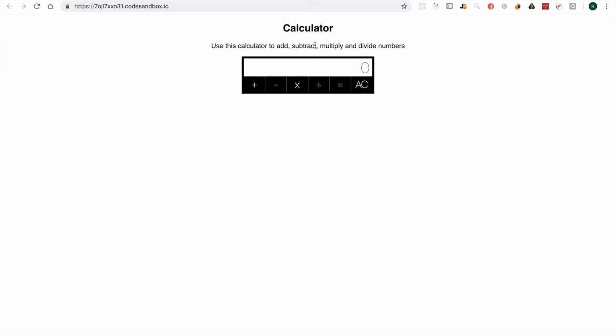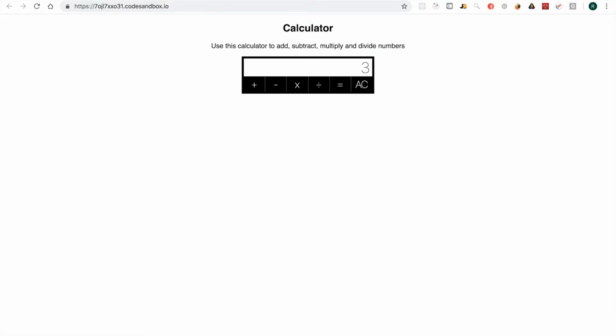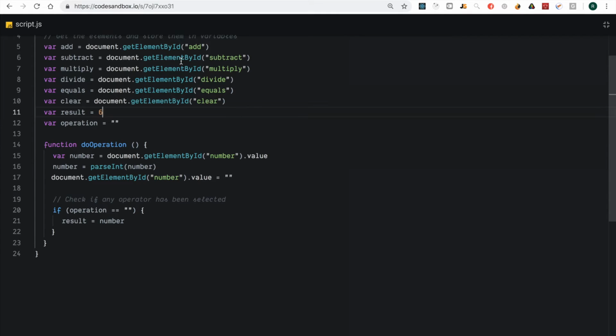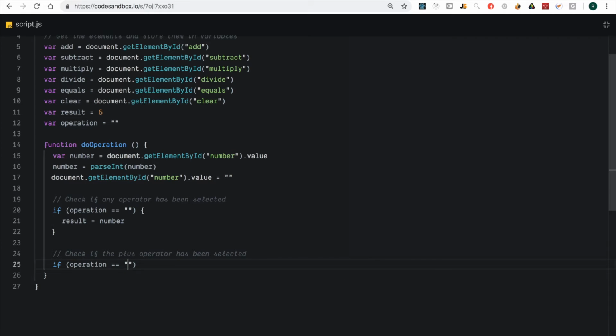So now when they click something else, like they enter 3 and hit plus, or equals, then it will go back through and it'll say, well, they had already clicked the plus sign and they just entered the number 3, which would come from here. So then it would add the 6 and the 3 together. You'll see how it works. Anyway, so if the operator is nothing, then it's going to set the result to the number. Check if the plus operator has been selected. If operation is plus,